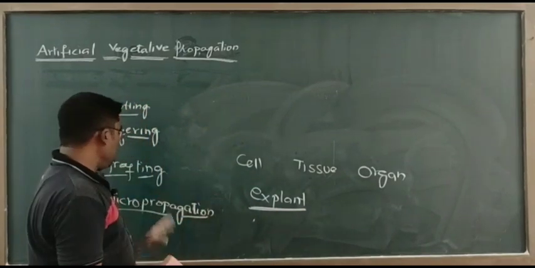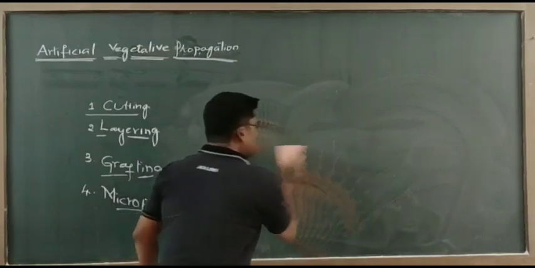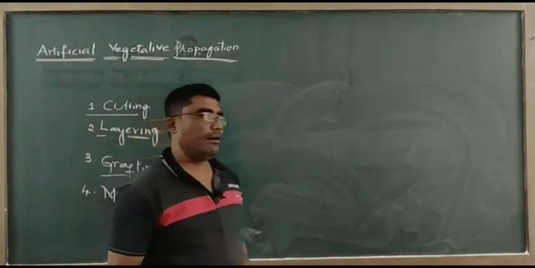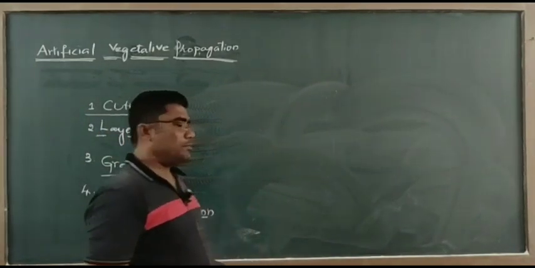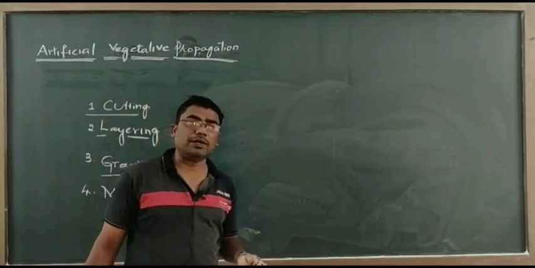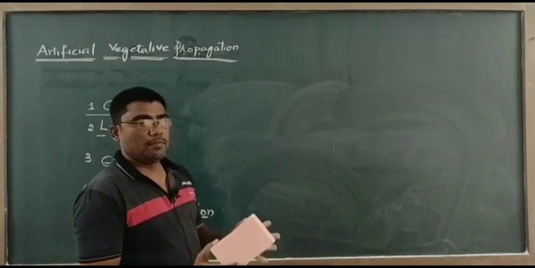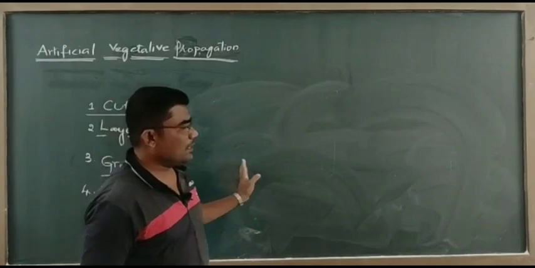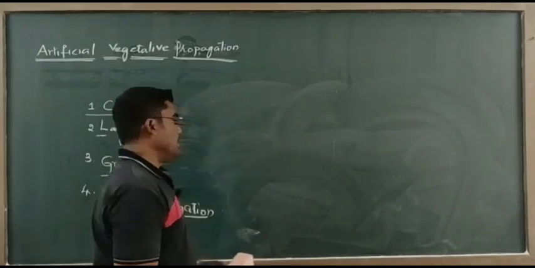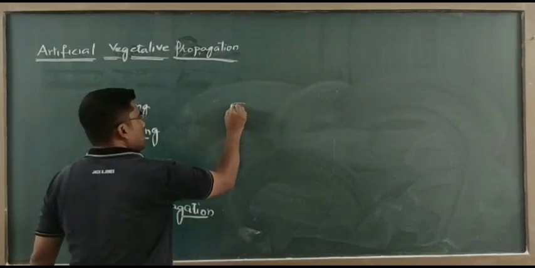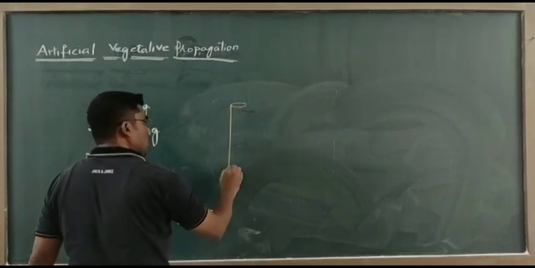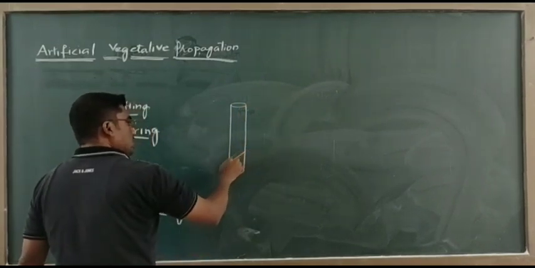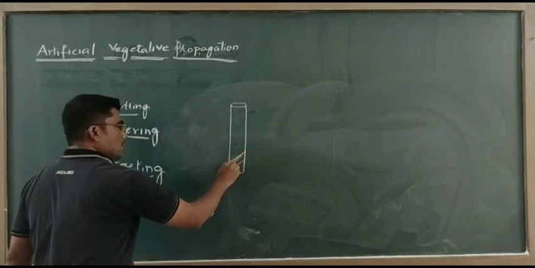Okay, now we discuss how it is performed. Now we have the idea about the explant. Here an artificial nutrient medium is prepared. This artificial nutrient medium comprises micronutrients and macronutrients which are required for the growth of the plant body, and this nutrient medium is prepared in laboratory conditions. There are different types of plant tissue culture nutrient media. Here a culture vessel is selected. It may be a test tube or a bottle. This culture vessel contains the nutrient medium.